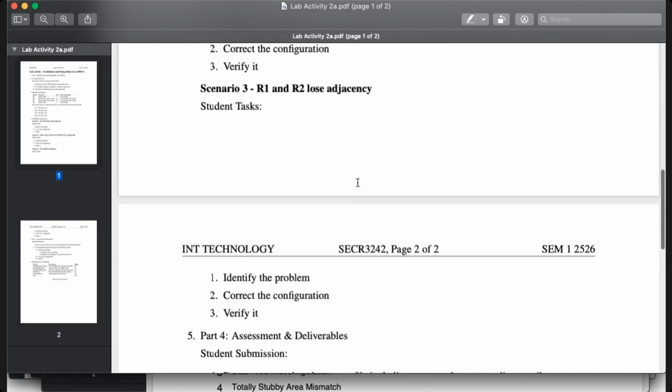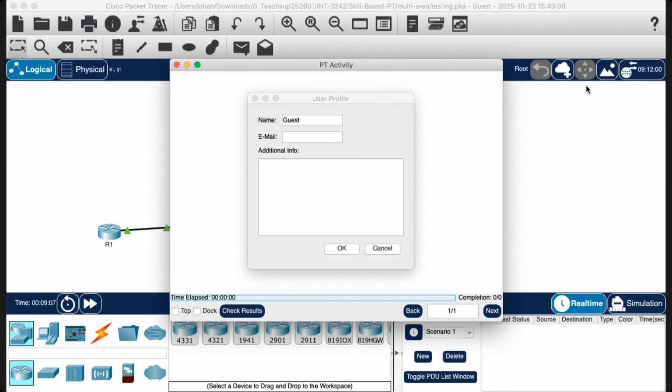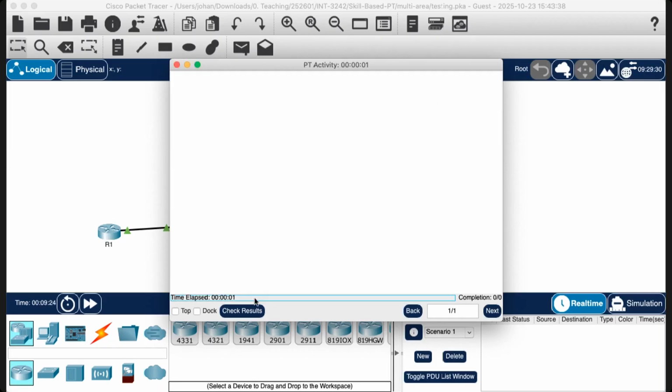These are the three issues, three problems in your current PKA file. You need to open that. Once you open the packet tracer, it asks you to put in your name and your real email. Then if you click check result,